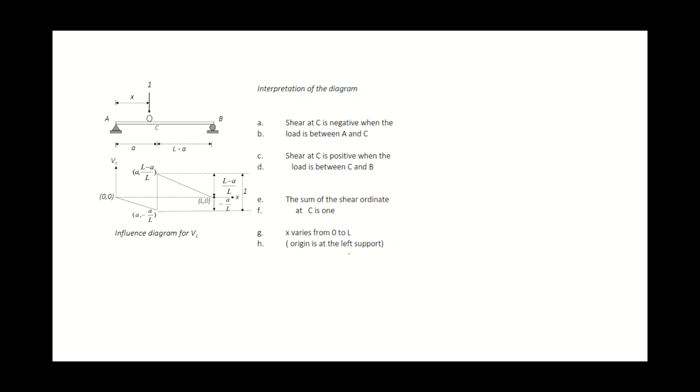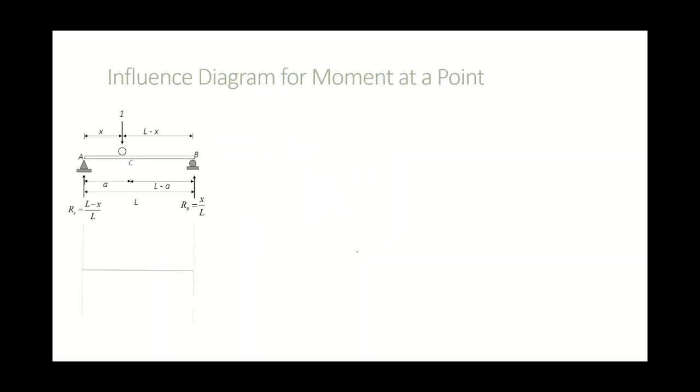So, yon, another thing to remember, no, the height of these two ordinates will always be equal to 1. So, if for example, this is negative 0.2, this will be 0.8. So, ang sum nila is equal to 1, always yan. Saan ba sila mag-equal to 1? Doon sa point na hinahanap yung shear. Ang sum ng ordinates is equal to 1. Okay, so next naman is